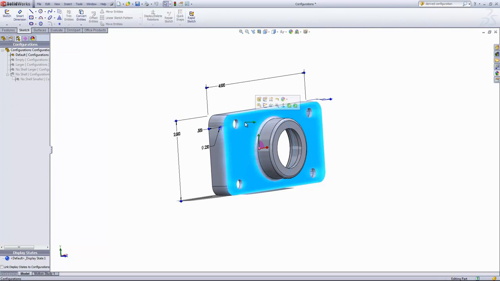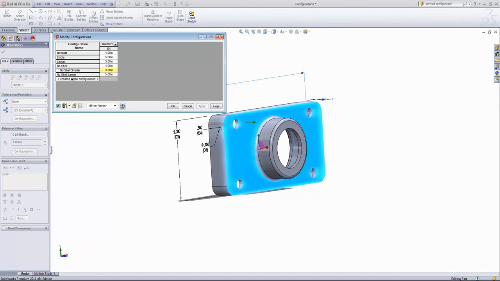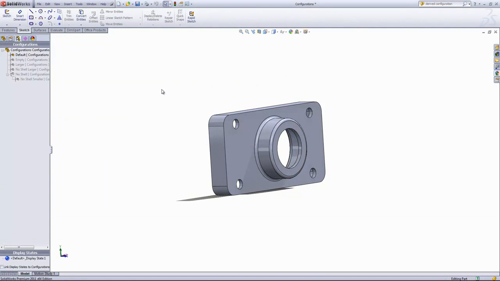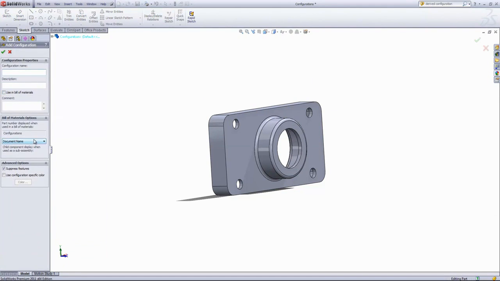And if you right click on a dimension now, you can also configure the dimension just like we were configuring features. Lastly, when you create a new configuration from the configuration manager, you have an option at the bottom called suppress features. This suppresses any new features added in other configurations. So if I uncheck this, and I'll go ahead and call this unsuppressed,